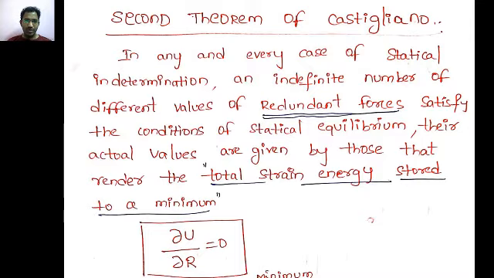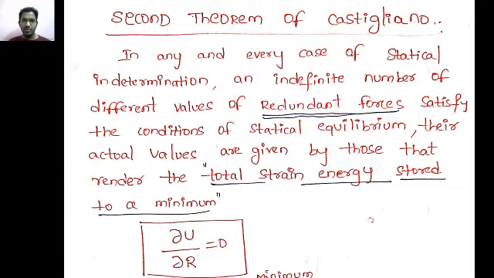Today we are going to discuss the second theorem of Castigliano. Before going to Castigliano's second theorem, I am repeating Castigliano's first theorem. What is its statement? The partial differentiation of strain energy with respect to the load gives the deflection of the particular beam. Where will the deflection come? At the point of application. Their involvement is only strain energy with respect to the point. The same thing here also, strain energy is involved.